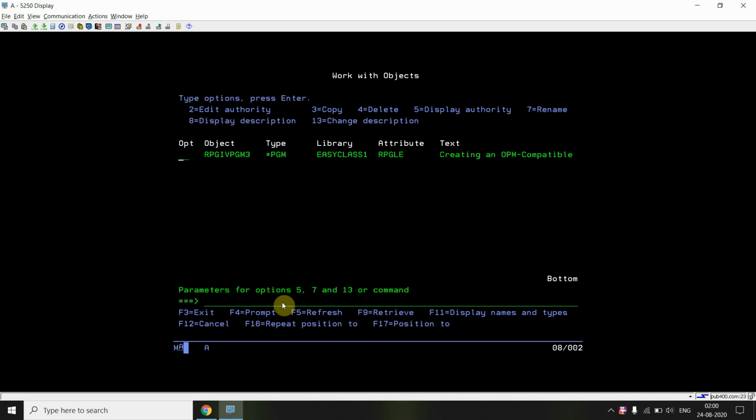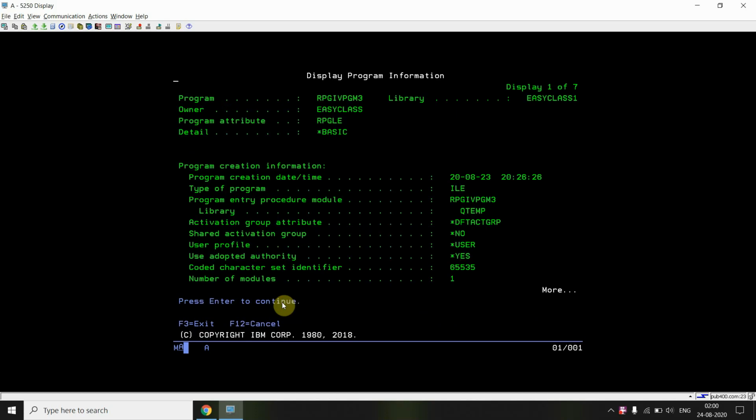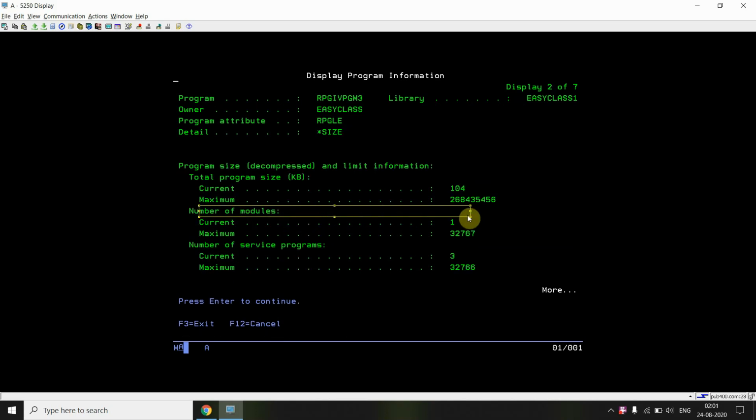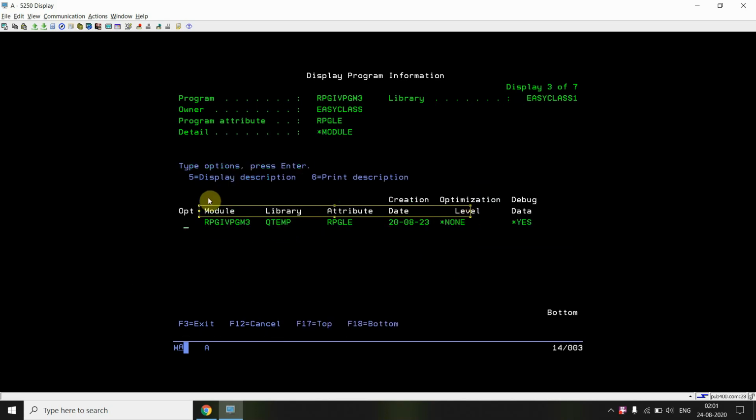Okay, this is the program object which is created, whose attribute is RPGLE, for the OPM compatible program. Let's do DSPPGM. Now you will see that a module is created, which is also an entry procedure module, in the QTEMP library. So you can see the module is created in QTEMP library, and it is bound to this.